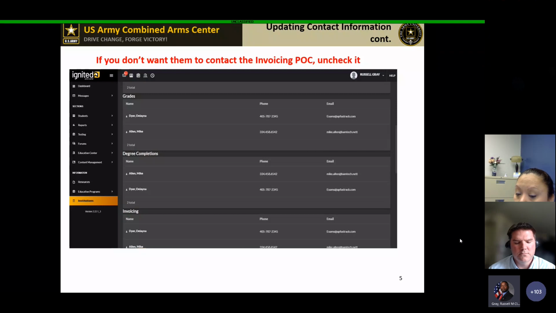If these are the individuals that you want soldiers to reach out to and make contact with, make sure, one, that it's clicked available to view by soldiers, and two, that this information is up to date and current, because this is who the soldiers are going to be trying to reach out to get their price quotes or updates about their grades once they've completed. So make sure this information is up to date and current. Next slide,